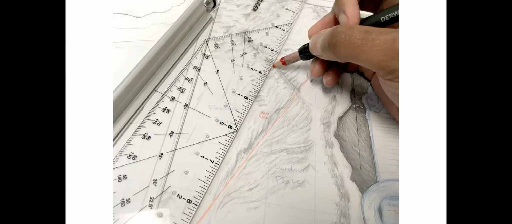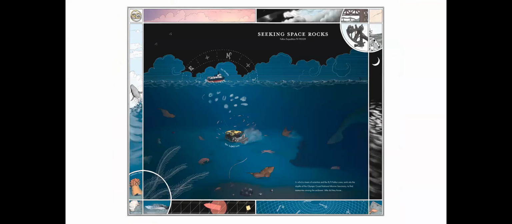But it turns out that the continental shelf is essentially flat. So it wasn't much of a map, and I had to think on the fly. But instead, I ended up incorporating all of the stories, all of the things that we experienced. So each of the little vignettes around the border is something that actually happened along the trip. And the result is way better than my original plan, and it was meaningful to the crew who all got